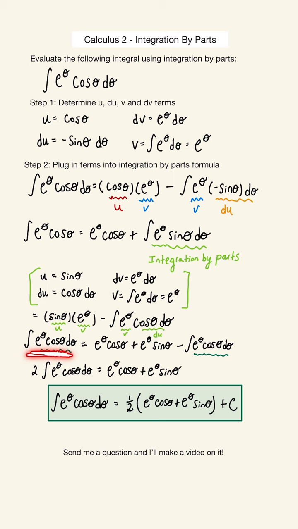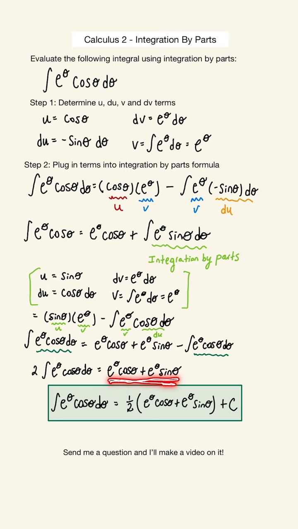And so you might be wondering at this point, we're going in a loop, right? What am I supposed to do? And so here is the trick. Because this is a minus sign, we can go ahead and add it to the original starting point. So here we'll have the integral of e^θ cosine θ dθ,